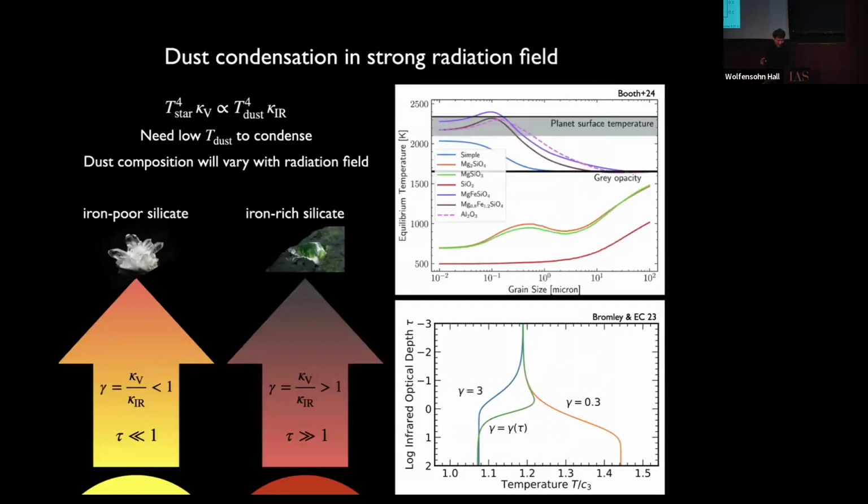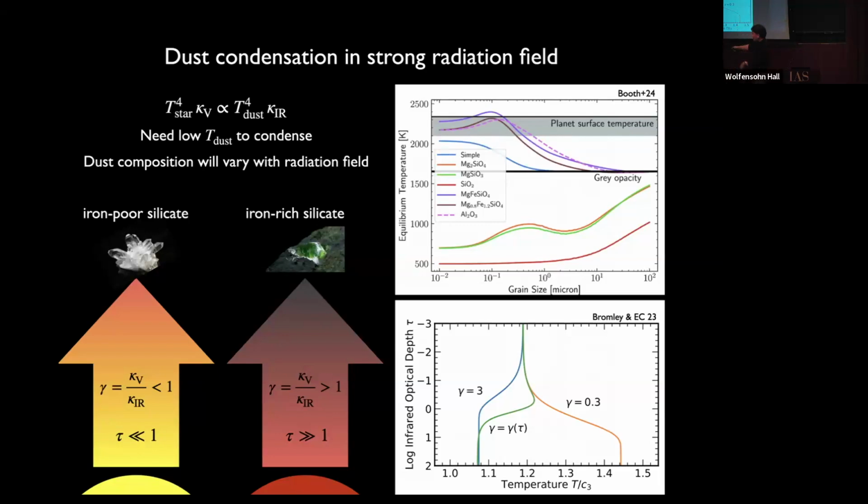The kinds of grains that you condense under clear sky conditions, suppose tau is much less than 1, clear skies, gamma cannot be greater than 1, right? Because if gamma is greater than 1, you'll never condense out those grains because you start to condense, oh, you get really hot and then you just vaporize again. So the only way that grains can condense under clear sky conditions is if gamma is less than 1. That means that the grains that condense are relatively transparent in the optical and strongly emitting in the infrared. Okay, so they're sub-black body temperature. And that's things like quartz. Right? You can't condense the iron. It's just too dark, too strongly absorbing in the visible.